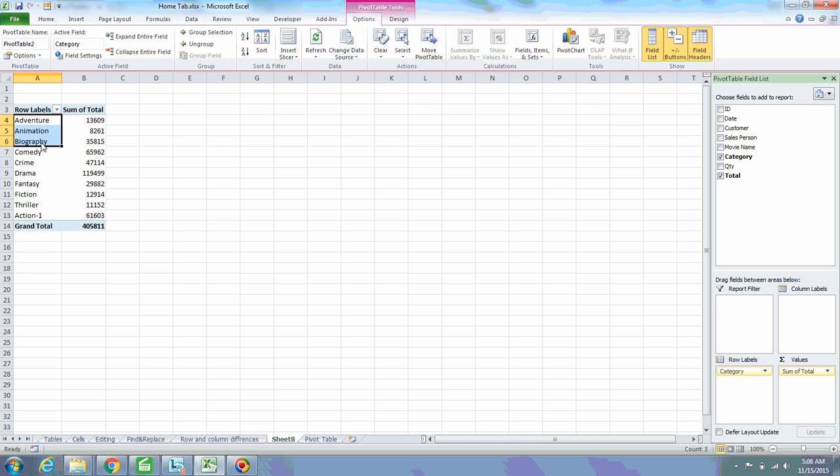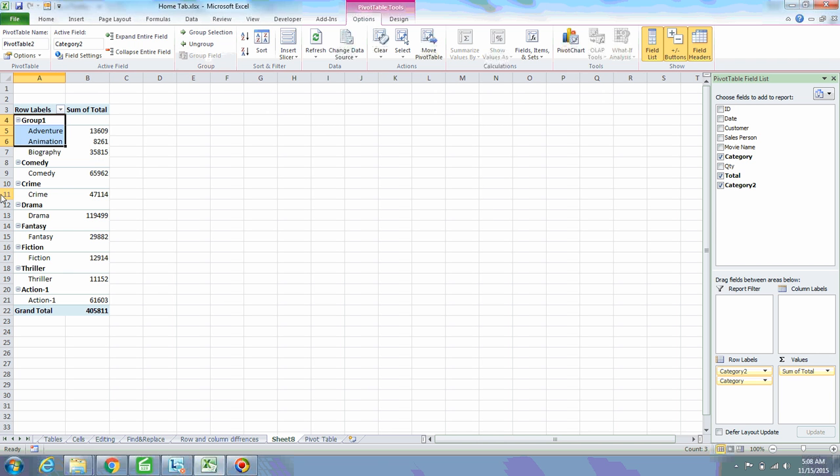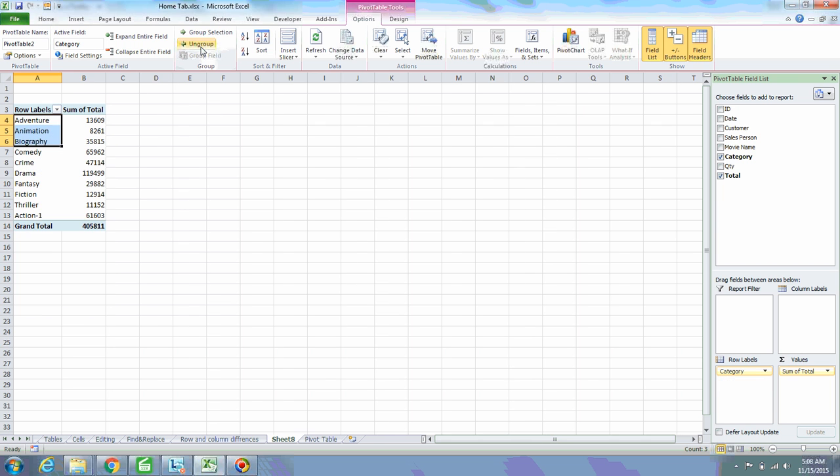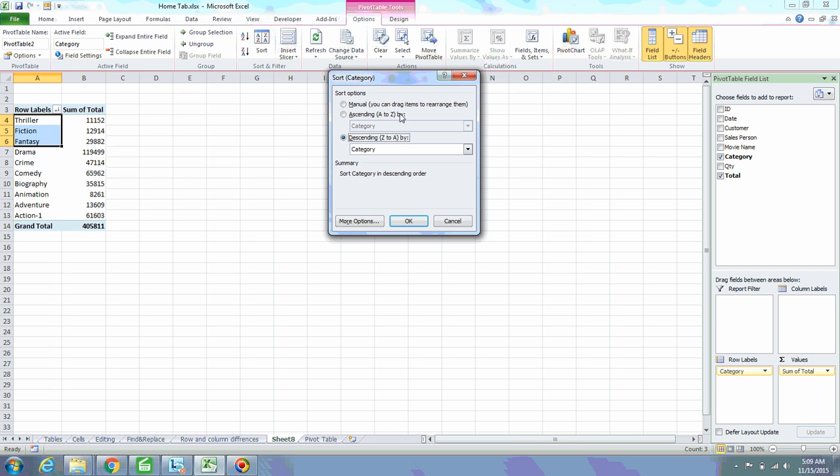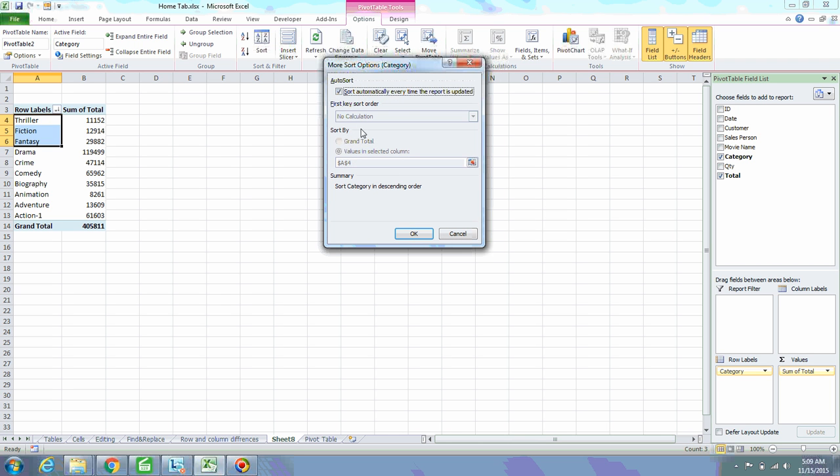If you want to group these three and group selection, you can group this one like this. However, you can also ungroup like this. A to Z sorting or Z to A sorting, you can click on this one, or Z to A sorting, it will be sorted like this, or you can also go with different options under sorting like this. More options can also be available over here. You can go like this,